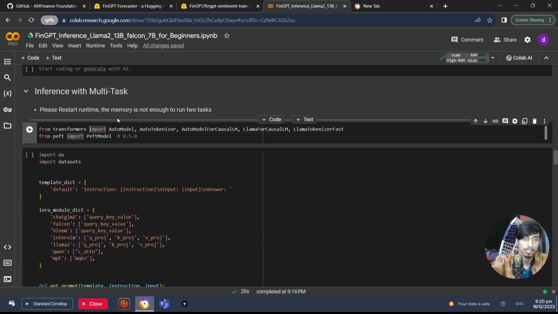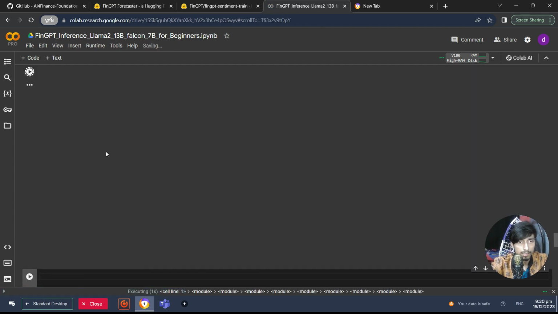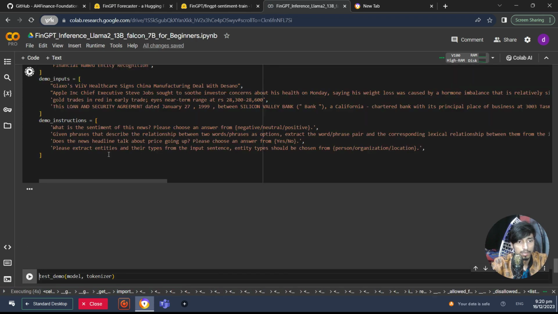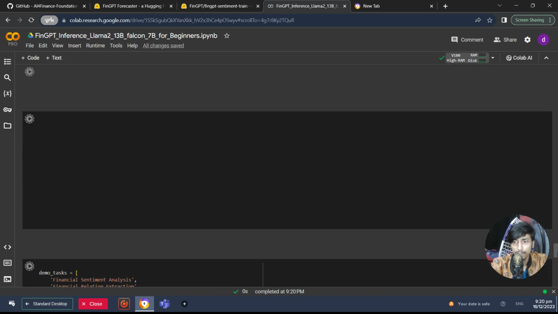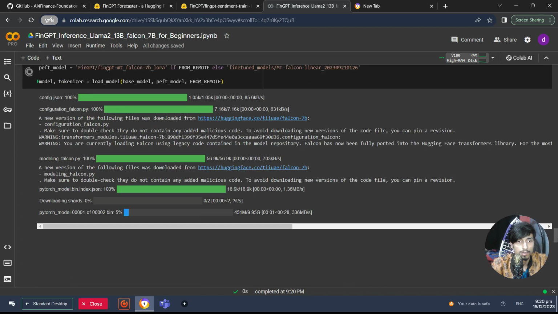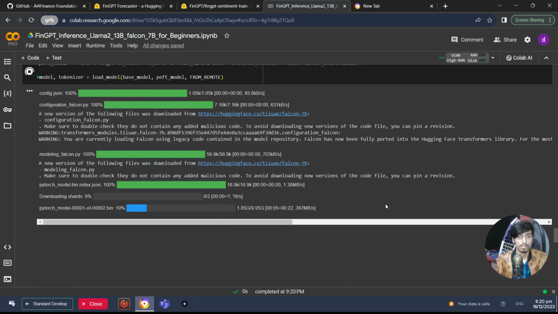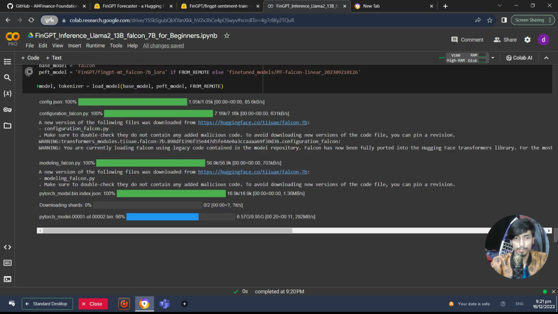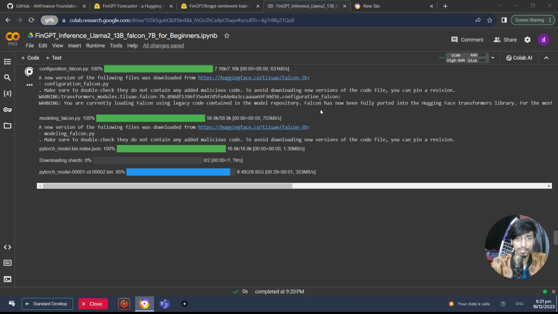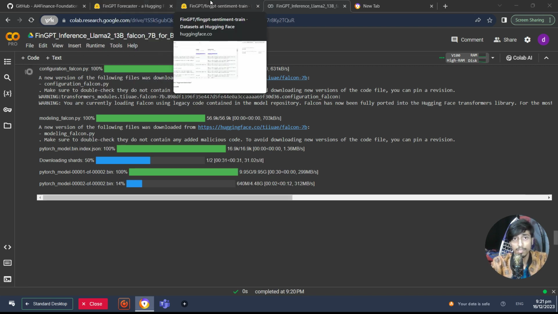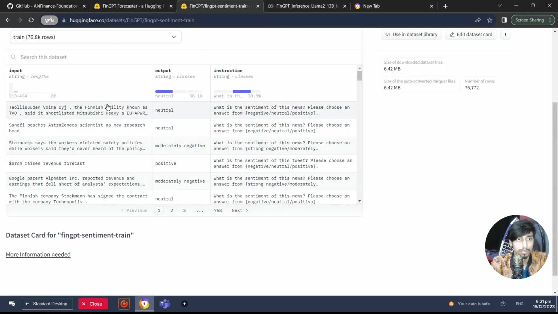It's inference with multitask. It's their multi-task model, and downloading it can take some time. Okay, there are two parts. Downloading. As it is downloading, let's check their open source data. Okay, it is there. Here there are train and test data sets. It is not available in the test data, so